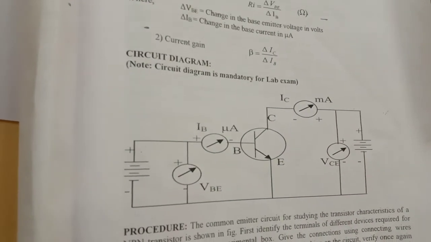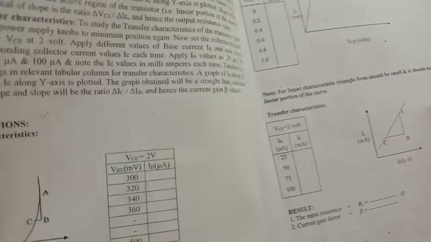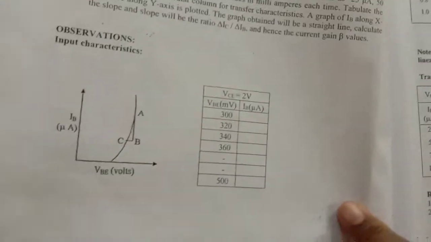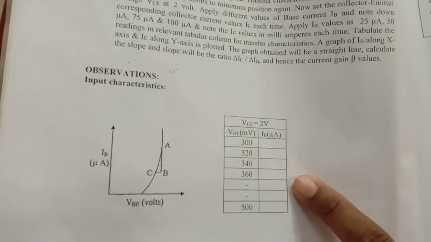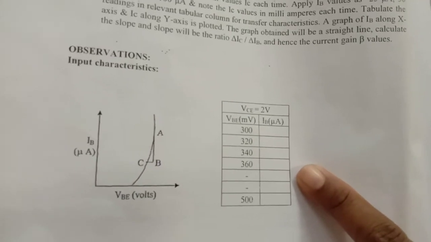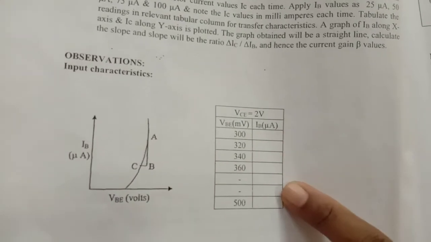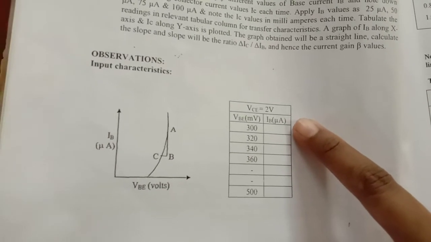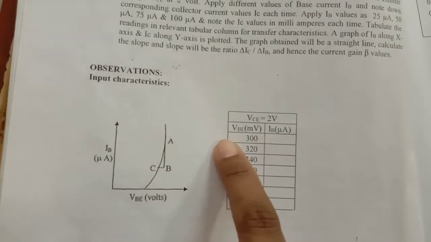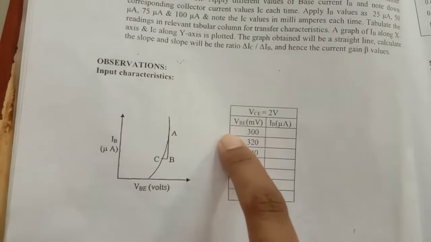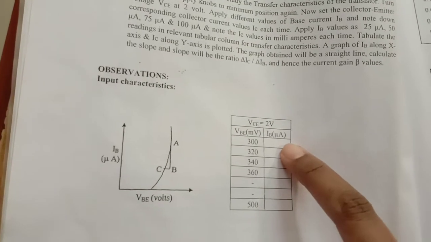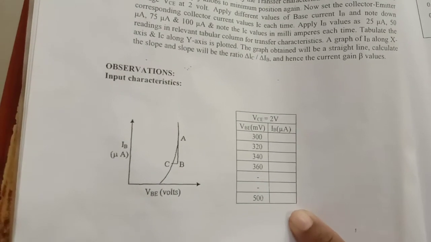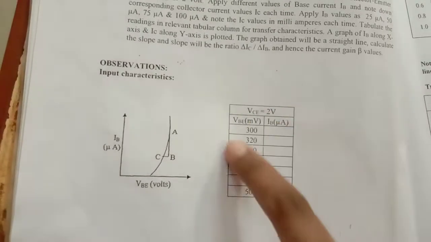So now first you must understand how you have to do the experiment. In order to find the parameters, say input resistance and the current gain, first you have to define your tabular column. This is by input characteristics definition that we are applying here in order to frame our tabular column. By definition, keeping the output voltage constant, say 2 volts, you need to vary the input voltage, that is VBE, and while varying the input voltage you need to record the input current. That is the input characteristics definition. By definition we have framed the tabular column.